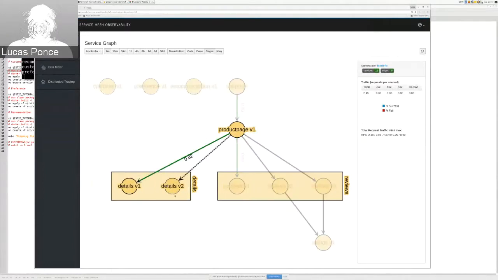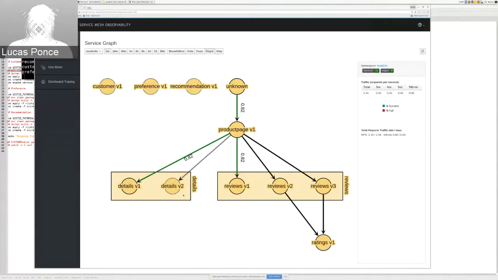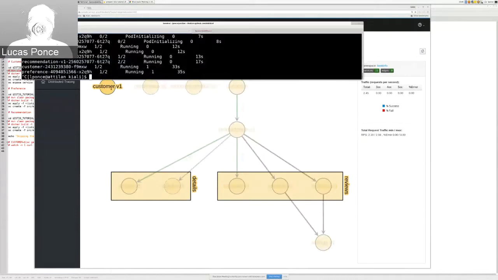So for example, in the details, it's quite easy to group it because it's something that, okay, I have a new version and this version is not yet used. But in this one, you will see at the top of the graph that we don't have information yet. So as soon as we have more,